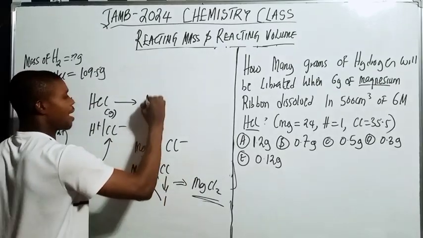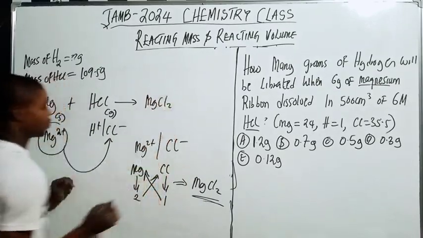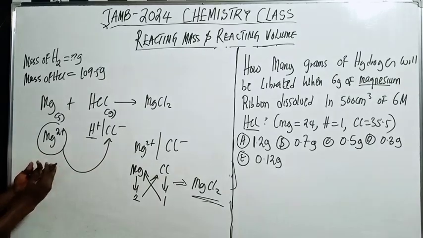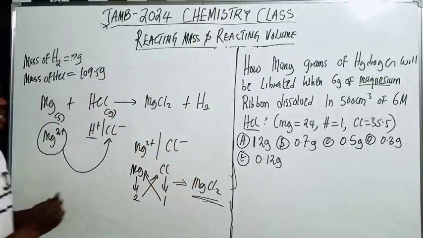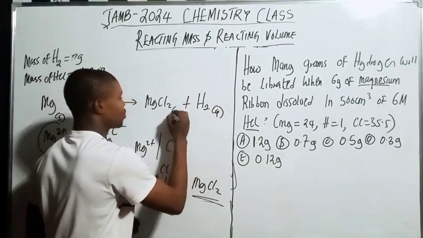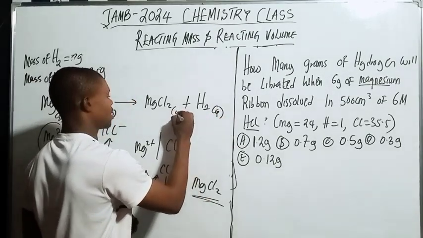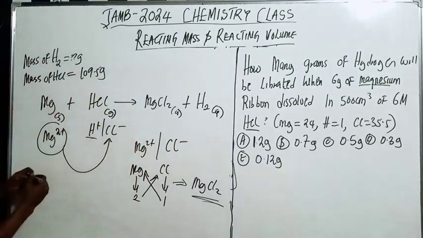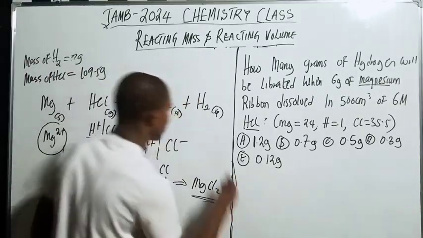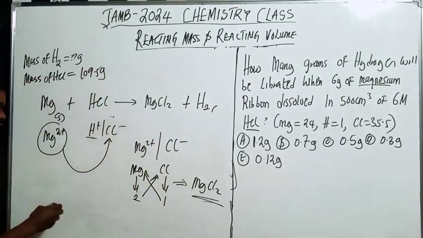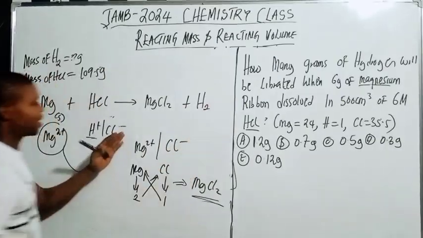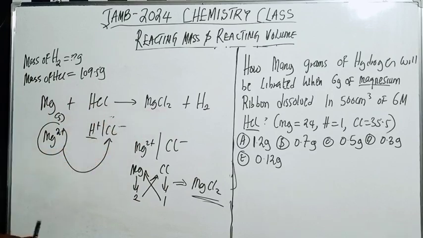So this is one of the products, MgCl2. Now this one I have not combined with; you are going to form plus H2. So this is the gas, and this was solid. But it does not really matter; honestly, it does not really matter for solving the question. So this is a skeleton. You have created the products of the reaction. The next thing you want to do is